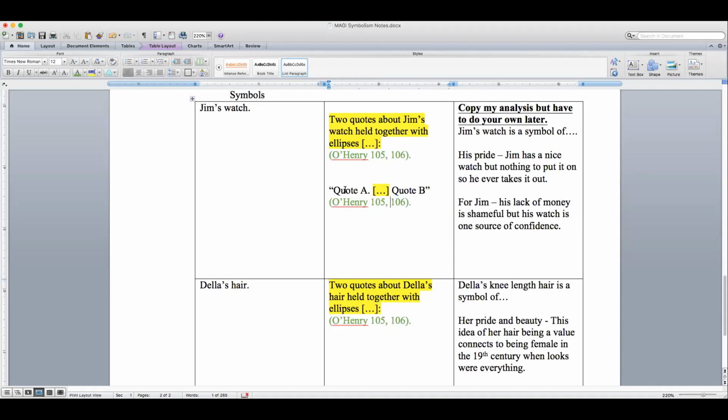what you're doing is one quote is maybe from page 105, your other quote is from 106. Why you're not putting a dash is because that would imply that the quote continues on to page 106. That is, say you were doing one quote from page 105, the very bottom, and one from the very top of 106, but they were still connected. Well, then you wouldn't be using these ellipses, right? And then you would be saying, I got this quote half from 105 and half from 106. But if you're using the ellipses, you're getting it from 2 different pages.